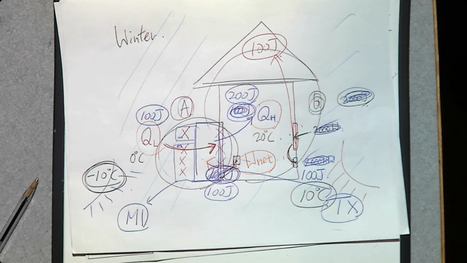So cooling this one is not that difficult. However, in Michigan, the temperature outside is already very low. So if you want to cool this outside, it's going to be a little harder than Texas. So from the efficiency point of view, Texas is more suitable to have a heat pump. That's why many Michigan homes do not have a heat pump, because it's not as efficient as in the southern area. But if you go to the southern area, you see many homes have a heat pump